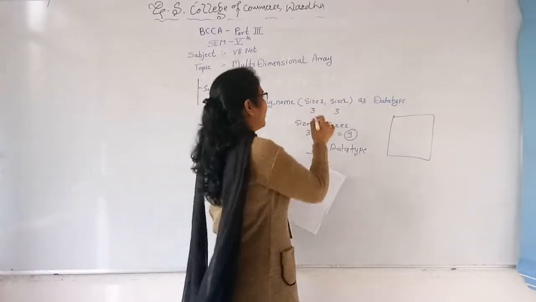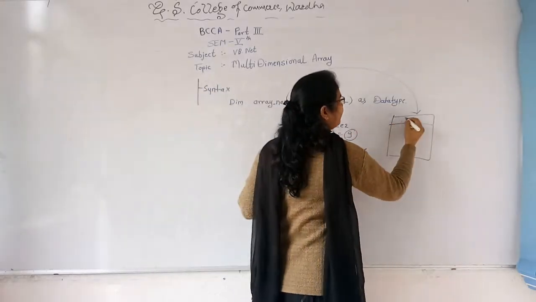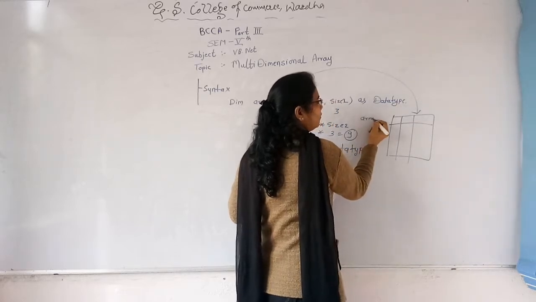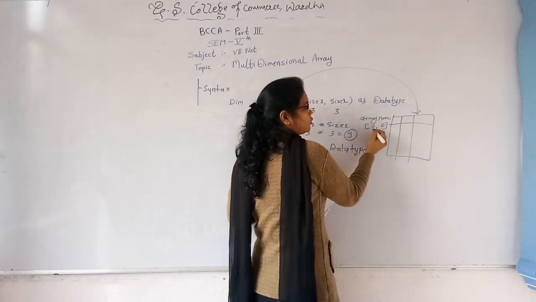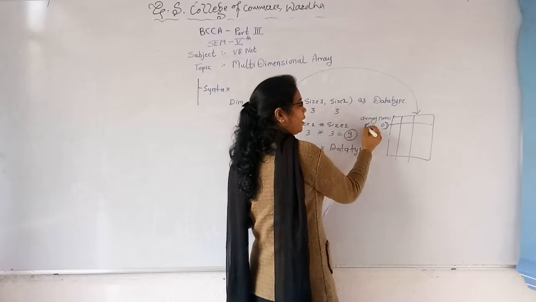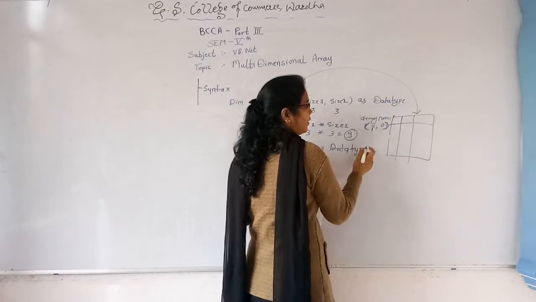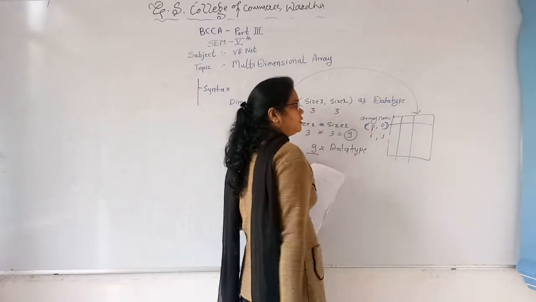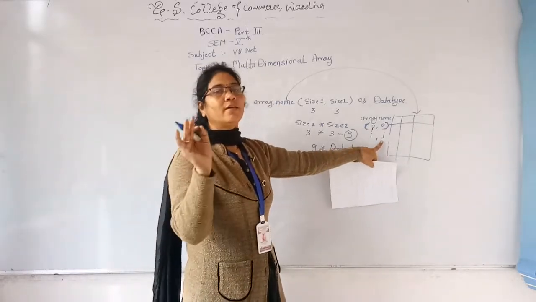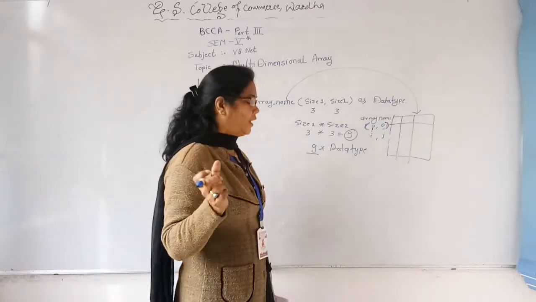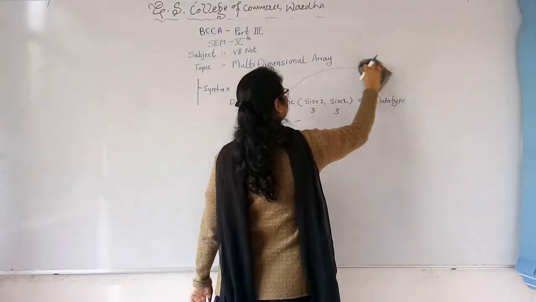will be reserved by this name in memory, and we refer to that particular memory location by the array name with an index. We consider round brackets here because it is VB.NET. In other languages we refer to it using square brackets. So this is i and this is j. According to the particular index numbers we can refer to a particular element from the array. So this is the syntax and this is the storing of elements.